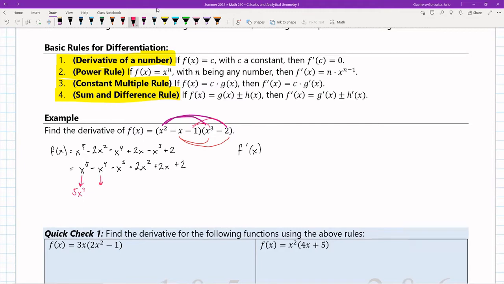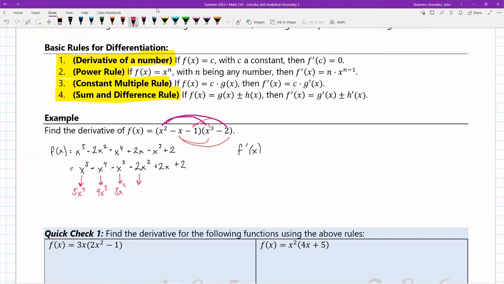That's going to be 4x cubed. Okay, same rule. This one's going to be 3x squared, same rule. Okay, this one is going to need